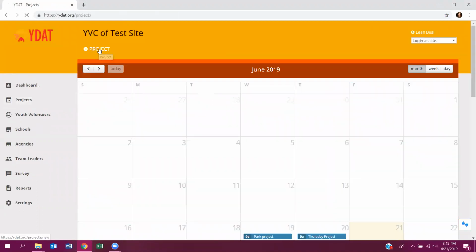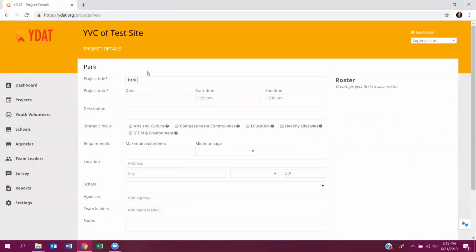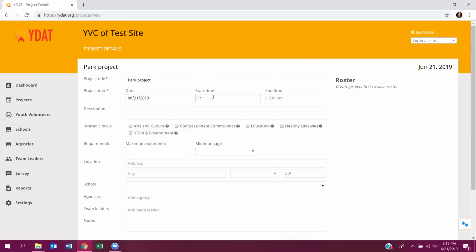To add a project, click the Add Project button at the top left-hand side and fill in all of the details. We'll do park maintenance. Select the strategic focus areas that this project falls into. Remember that a project can be more than one strategic focus area. If you're unsure of what strategic focus area your project fits into, mouse over the question marks by each area